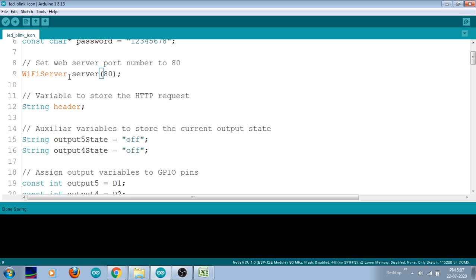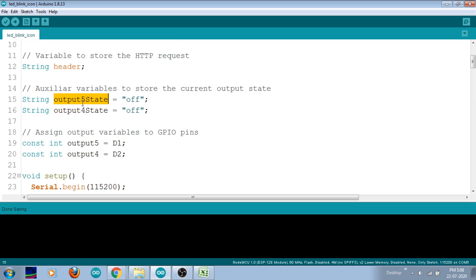Next I'm defining the state of my output variables. For example, if I'm going to control two home appliances in my home, then I need to define two LED statuses, that is, two appliance statuses. Probably I'm going to connect the D1 pin and D2 pin. The D1 pin is otherwise represented as pin number 5 in GPIO, and the D2 pin is pin number 4 in GPIO. So I'm going to connect my D1 and D2 here for communicating with the home appliances. I'm initializing the state of the devices to be off mode.